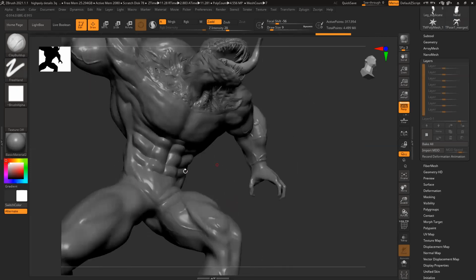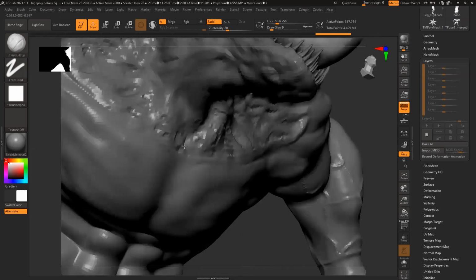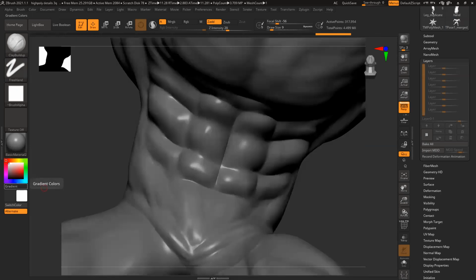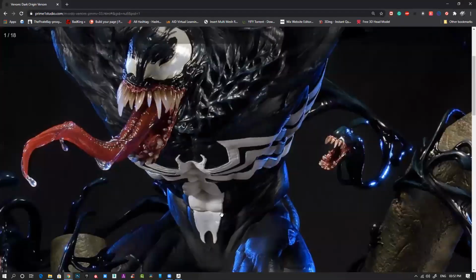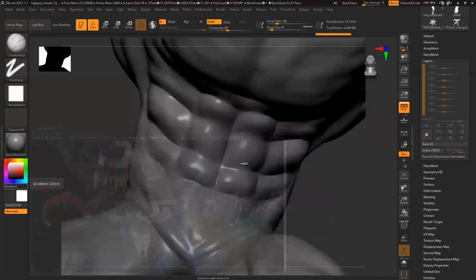One thing, whenever you create this: if you check a reference, you can see this line and how gradually it blends. Even if you have a volume here, there is a difference.